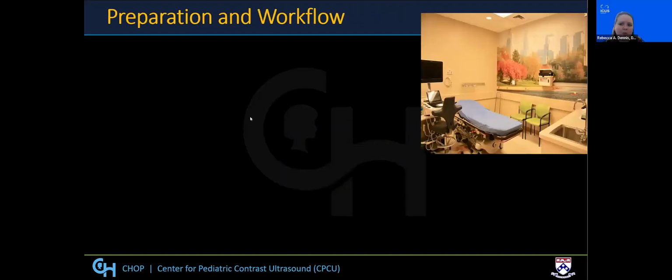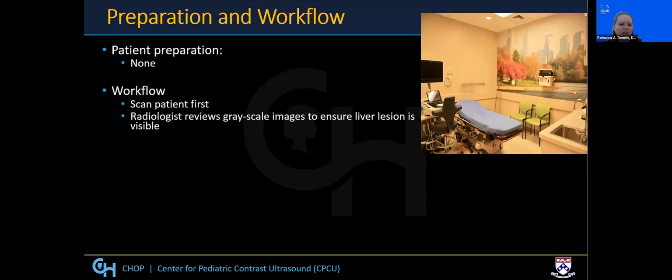For preparation and workflow, there's no patient preparation to evaluate the liver. There's no sedation, no blood work. For the workflow, we scan the patient first. We ensure that we can see the liver lesion and make sure it's visible. And if it is seen, then we'll have the patient get the IV. We prefer not to have the patient get an IV ahead of time, just in case we can't evaluate a liver lesion, especially if it was seen on MR or some other imaging,